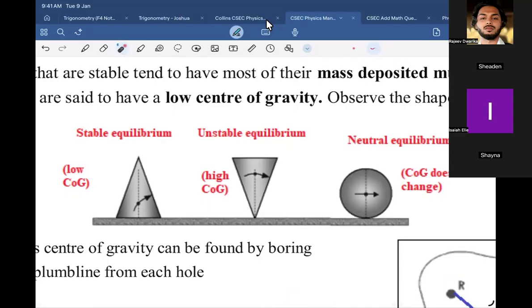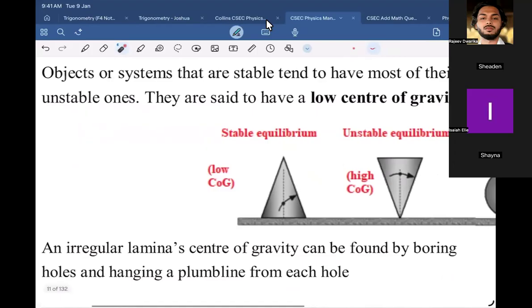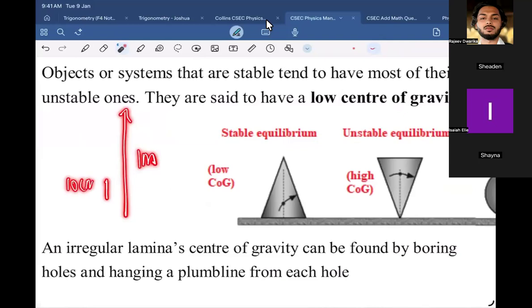Let me give you an example. You stack Legos, and the stack is 1 meter high. Do you think it's very stable? No. What about compared to a stack that's 10 centimeters? Which one is more stable? The 10 centimeters. And which one would have a lower center of gravity? The meter. No, the center of gravity of the meter stack would be kind of high up. The 10 centimeter stack would be at about 5 centimeters.